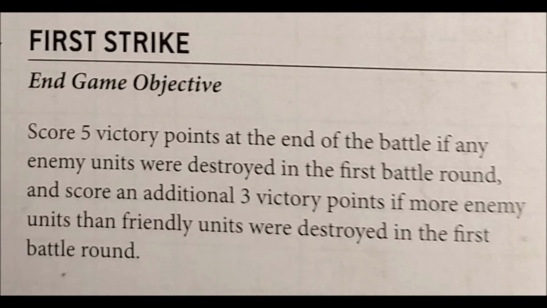And then we have one secondary objective that is only from the core book, and it's First Strike. This lets you score 5 victory points at the end of the battle if any enemy units were destroyed in the first battle round. So you need only to destroy 1 enemy unit in your first battle round, and it can be in both your turn and your opponent's turn, because it's a battle round, but it has to be the first. So in that case you are able to gain 5 victory points directly,